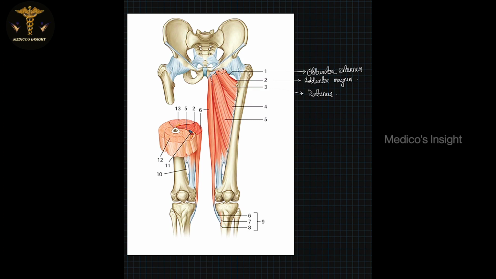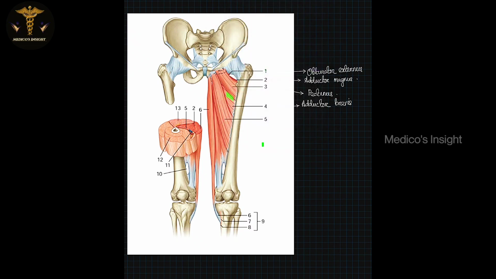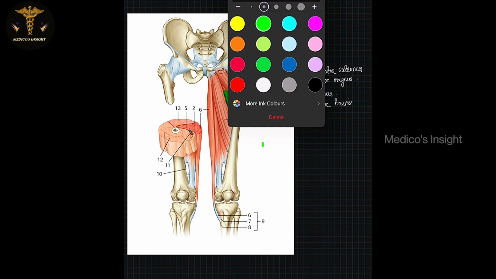And here it is the adductor brevis. Look, brevis means short, longus means long. So this is a short muscle. This is a short group of muscle. So adductor brevis, and this one is